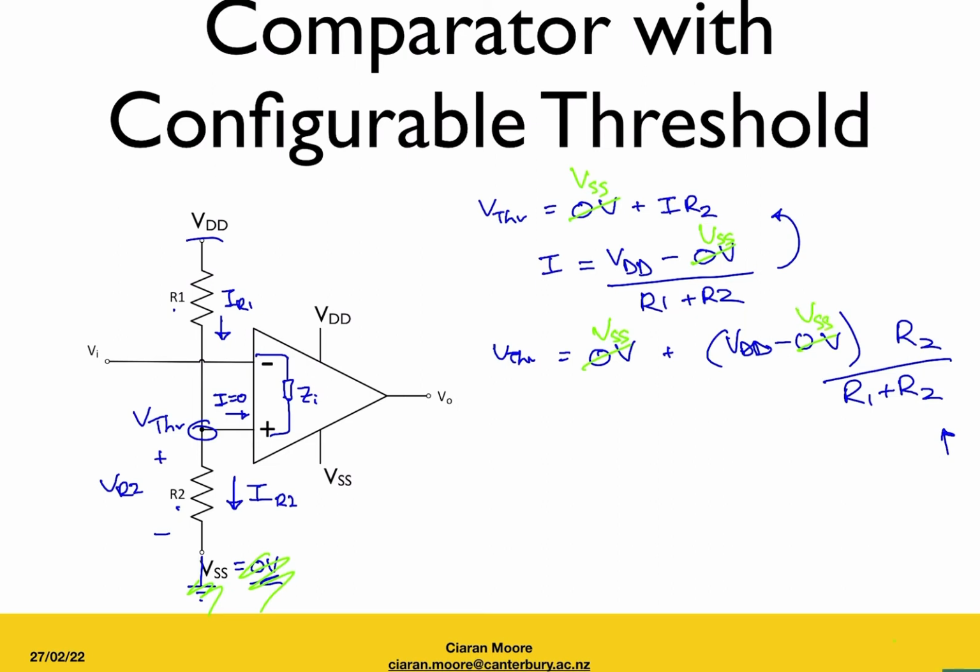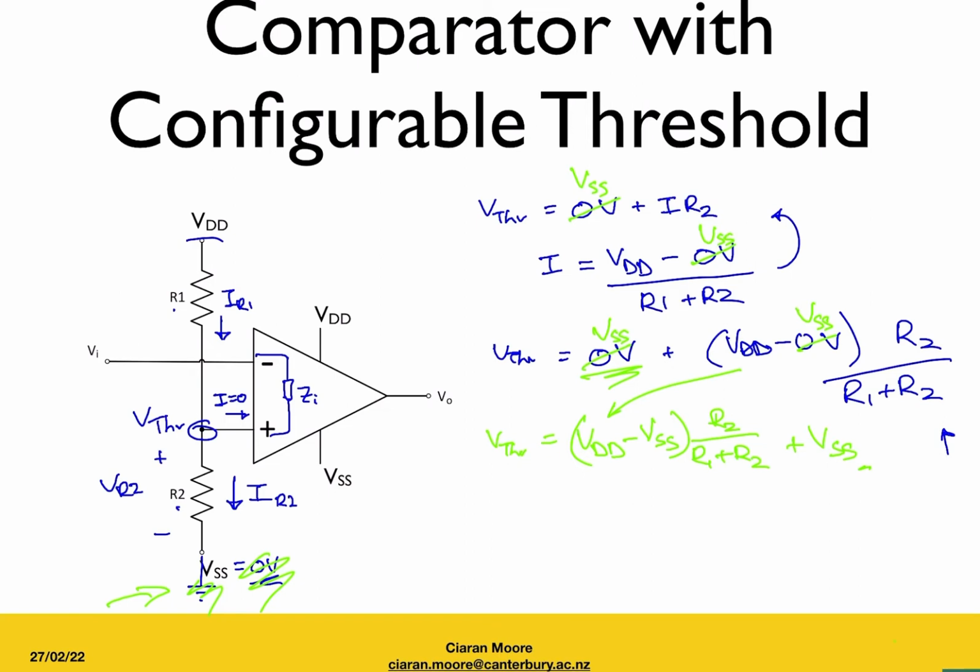And so when we have a non-zero VSS, our threshold voltage is going to be, let's put that there, VDD minus VSS, R2 over R1 plus R2 plus VSS. That's this term here which we've brought down. And so this is a more general term for a voltage divider